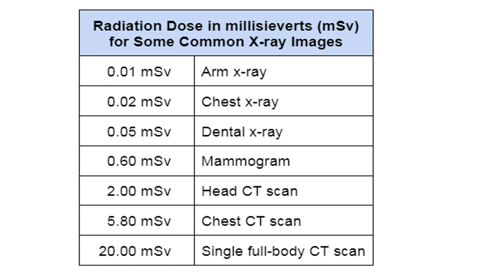Now some radiation doses in millisievert for some common X-ray images. So arm X-rays lead to the radiation dose 0.01 millisievert, chest X-ray 0.02 millisievert, dental X-ray 0.05, mammogram 0.60, head CT is 2 millisievert, chest CT 5.8 millisievert, and the single full body CT scan can expose to the 20